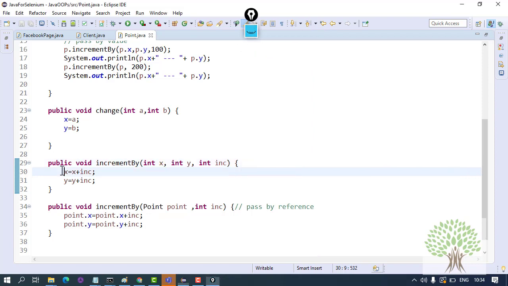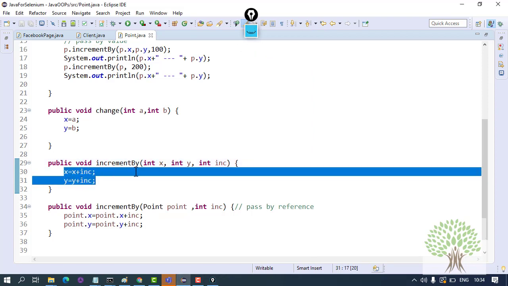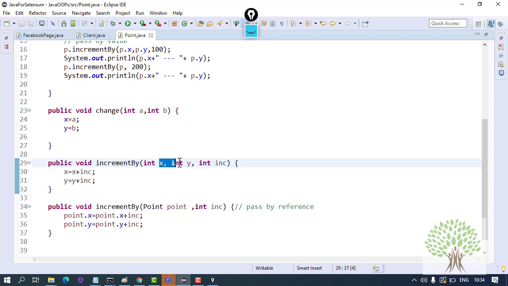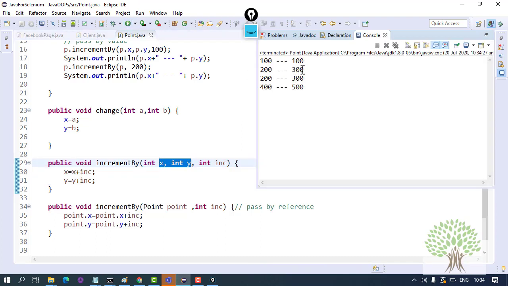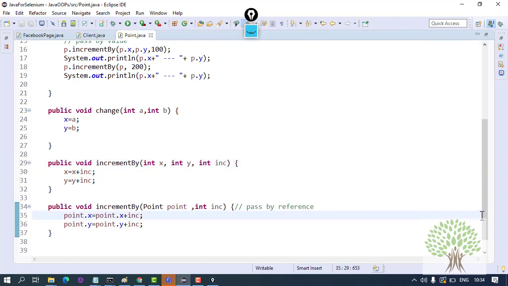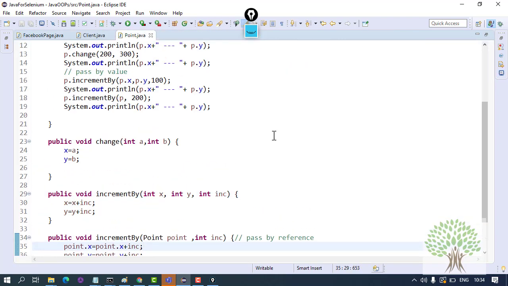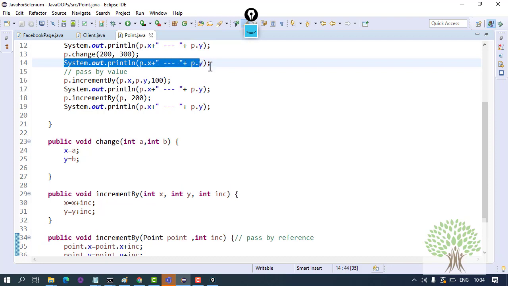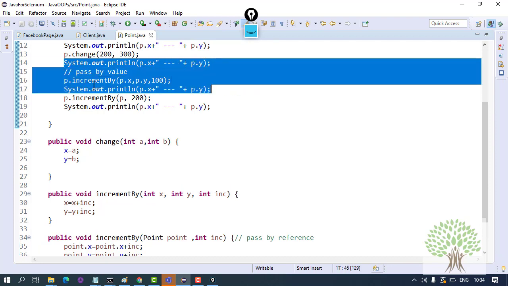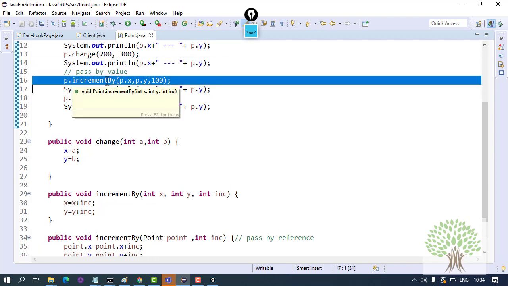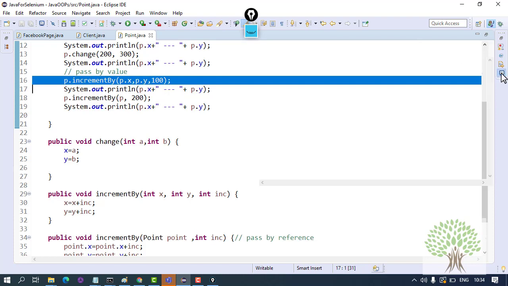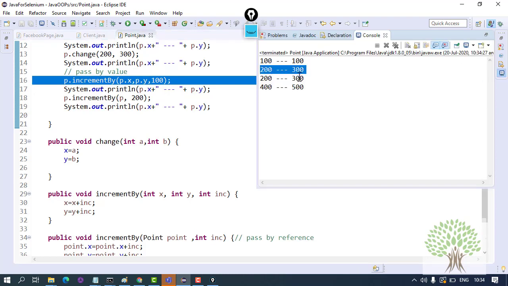And when I write x equals x plus increment and y equals y plus increment, this will increment the local variables. If I run this, you see that the second and the third line, before calling this increment and after calling, the values don't change for the global x and y.